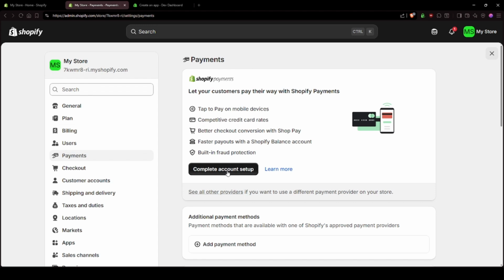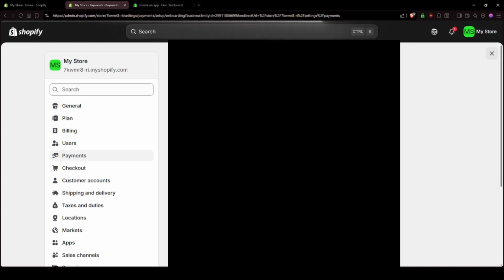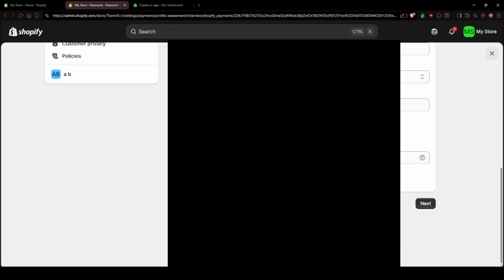Inside the Payments section, you will see a list of available payment providers or a banner prompting you to set up Shopify Payments. If you see a button labeled Activate Shopify Payments, click it. If you do not see this immediately, Shopify might first ask you to select your business location or confirm your store's currency. Make sure the country and currency are correct, as these cannot be easily changed after you process your